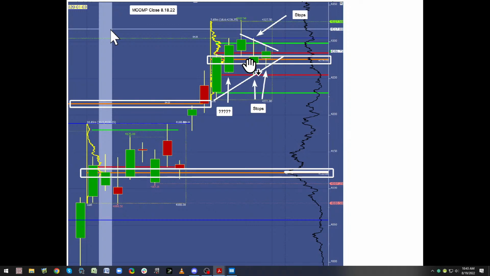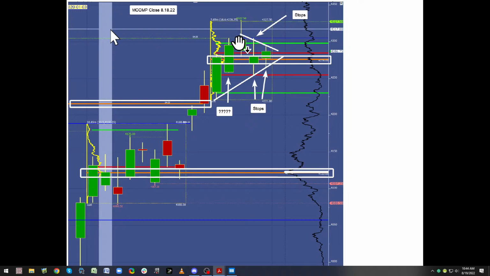That is contextual. In other words, if we open, and at that time the participants are going, nah, nothing's changed, what are we going to do in here? We're going to check both sides, potentially. And that sets up something called balance, because that's what's going on here. Balance is a term for consolidation, but look what it is. Charting 101. Inside day, both sides active, nobody grabbing the ball.